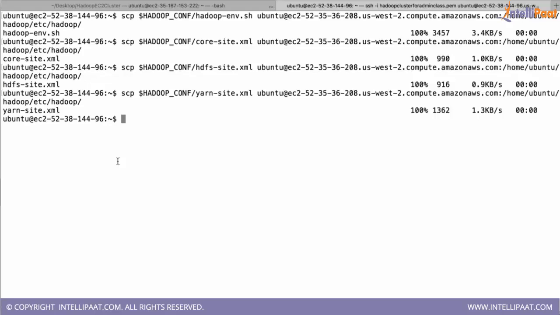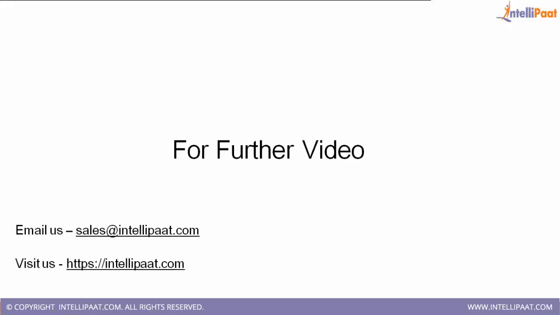After that we set up environment variables inside .bashrc like HADOOP_PREFIX and HADOOP_CONF, and after that we edited 4 files: hadoop-env.sh, core-site.xml, hdfs-site.xml and yarn-site.xml. These files we edited only on the name node, and we copied these to other nodes. Once we are back, we will see how to create the masters and slaves files, and we will start the daemons and verify our installation.